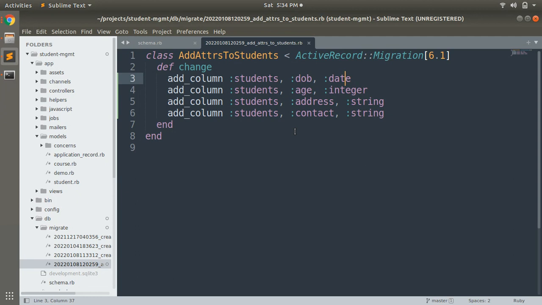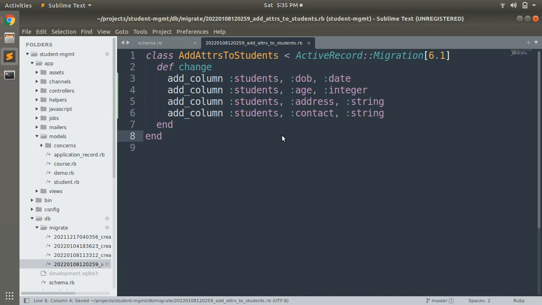So what we can understand here is that add column is a method which accepts three arguments: the first argument is the table name, the second argument is the name of the attribute, and the third argument is the type of the attribute that you want to add in your database. So now we have added these columns.